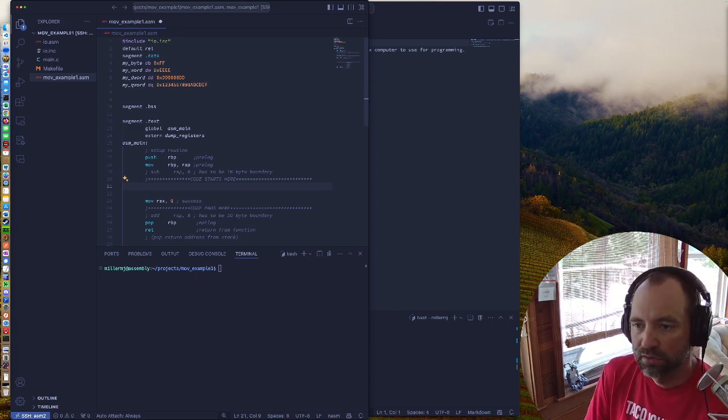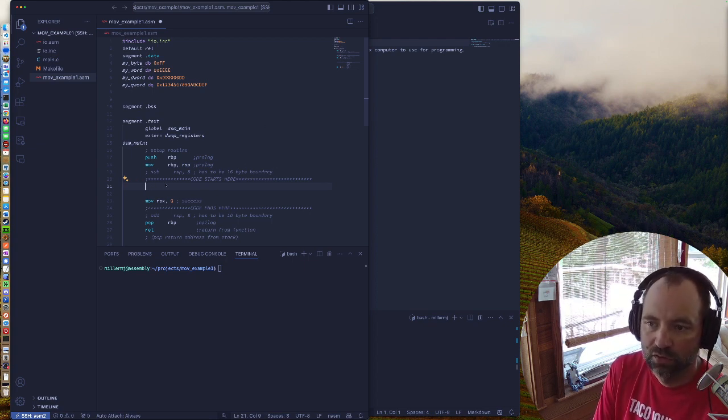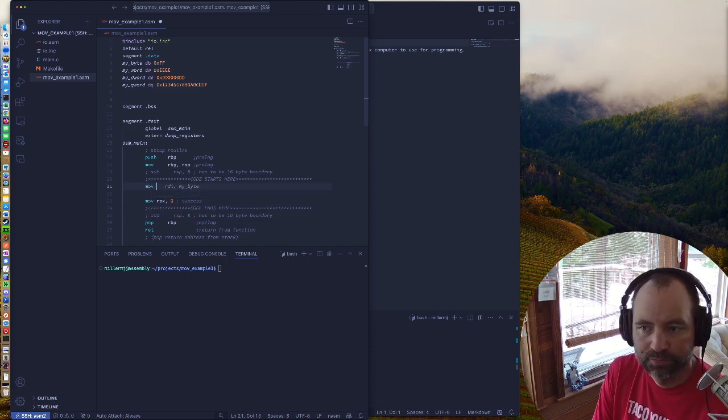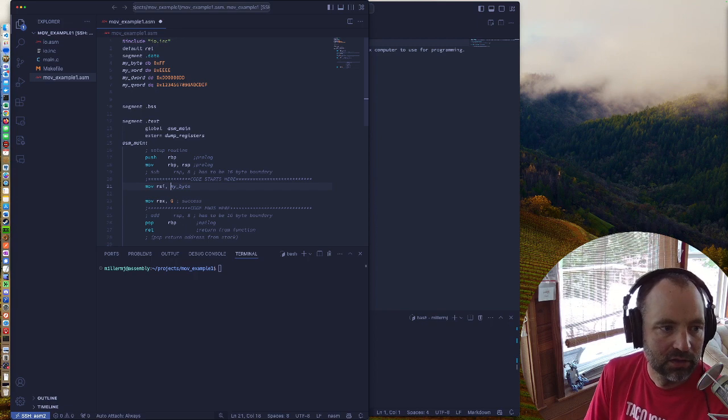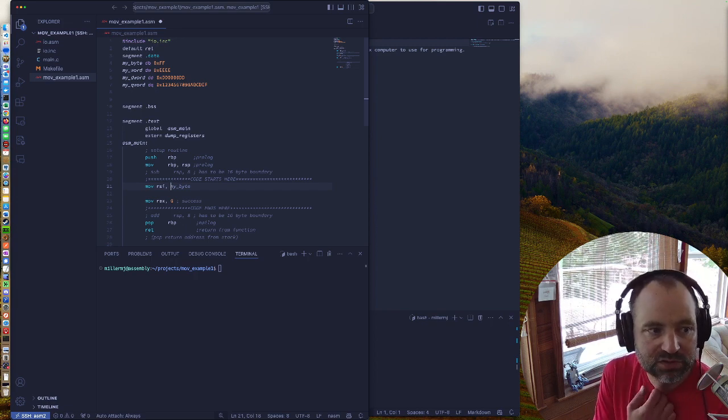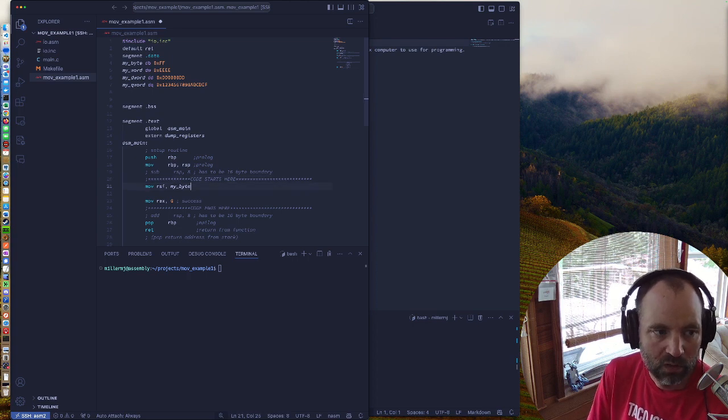We can move from these data locations. So we can do, for example, move RSI. We can pick any of the ones that we want. So for example, if we do my byte, that will do all of the data that's there. So if we go ahead and call dump registers,